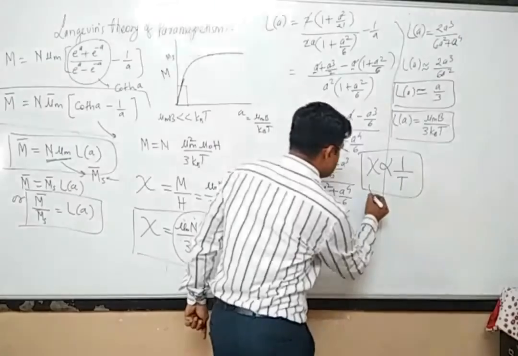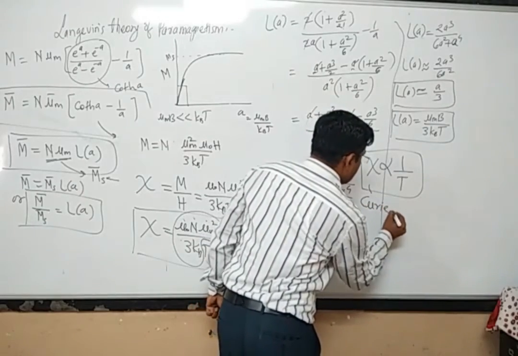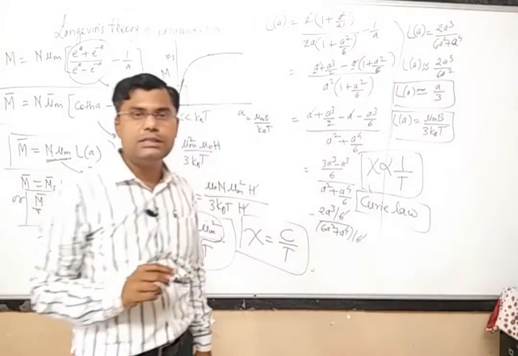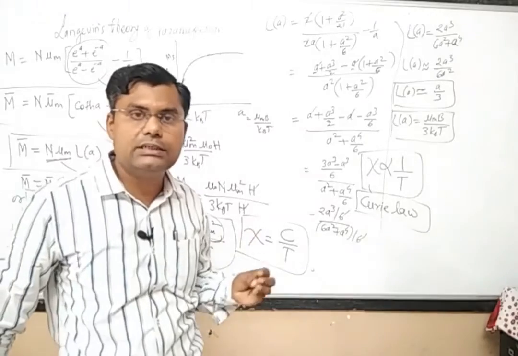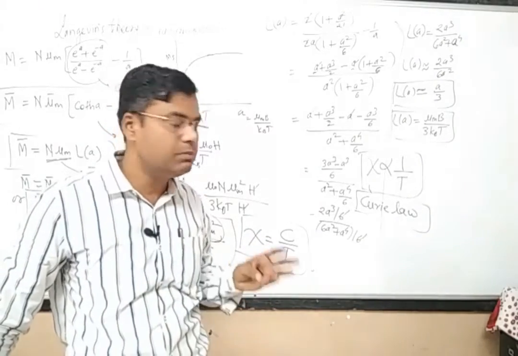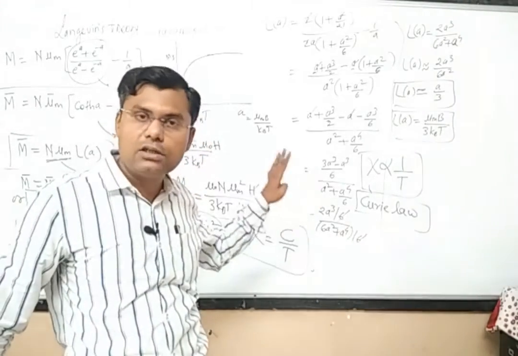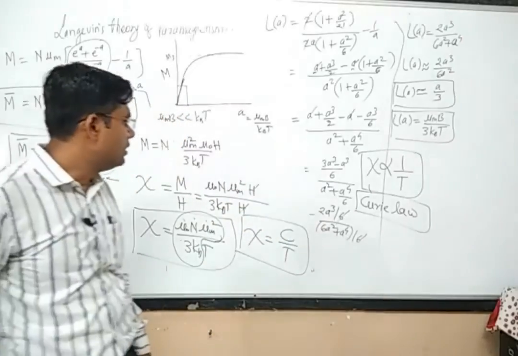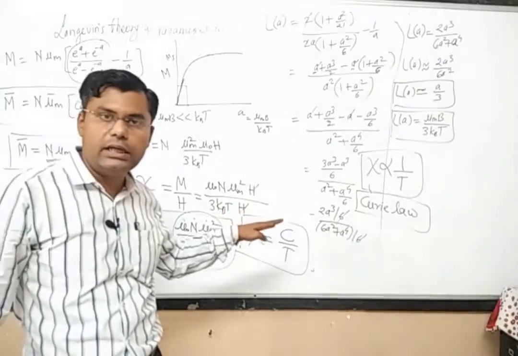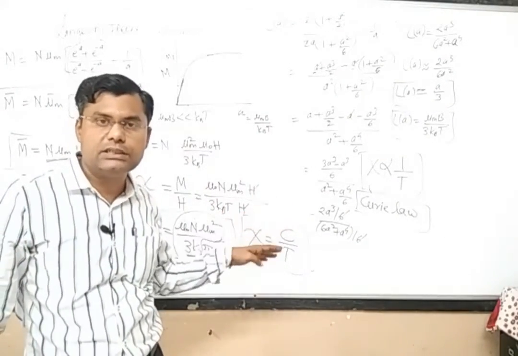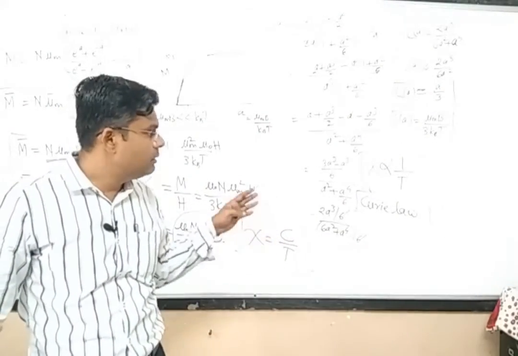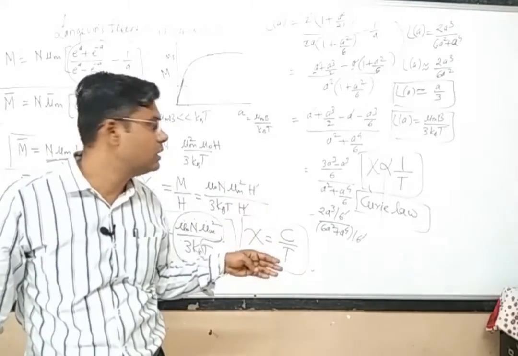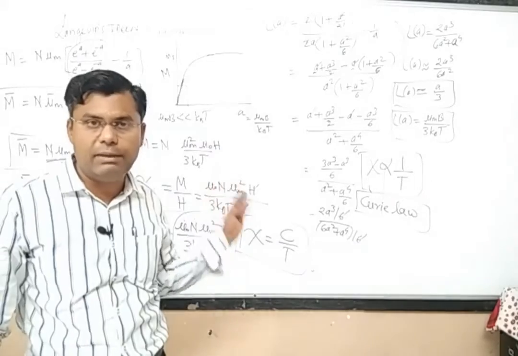This is called Curie law, means the paramagnetic susceptibility is inversely proportional to temperature. This particular fact itself is called a Curie law. Okay. Now this expression is quite true. It is applicable to various substances, gases, etc. But for most of the substances it is also not true. So we have to modify this particular theory, which is called Langevin's theory of paramagnetism.